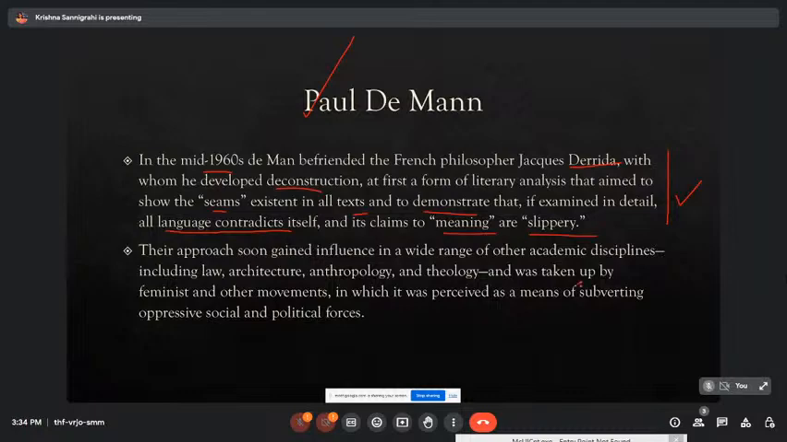Means of subverting oppressive social and political forces. So when this idea of subverting oppressive social and political forces comes in, then the next series of theories which we are going to discuss, that is, post-colonialism, feminism. So these theories become important. So the idea of deconstruction is important for all the theories which are actually talking about subverting oppressive social and